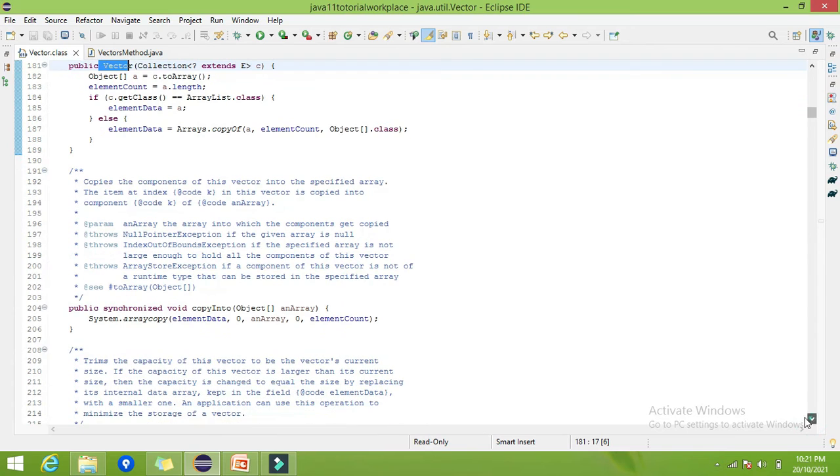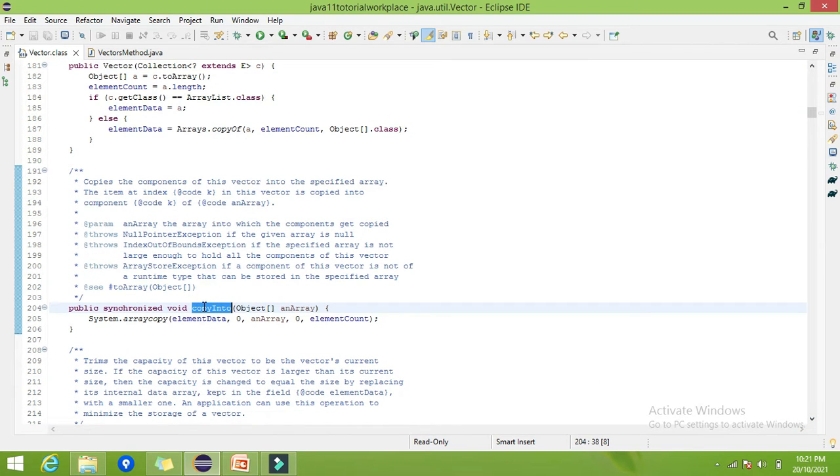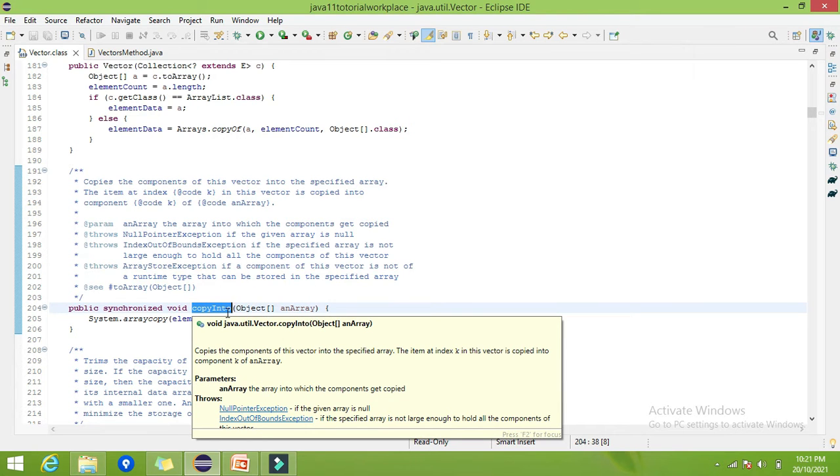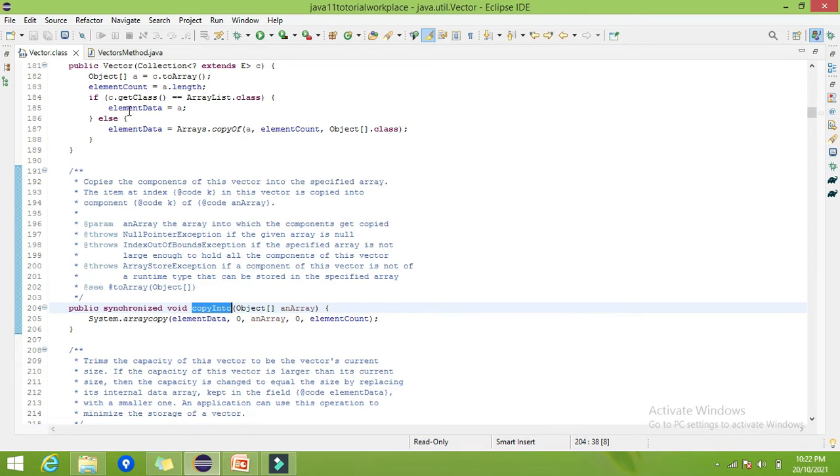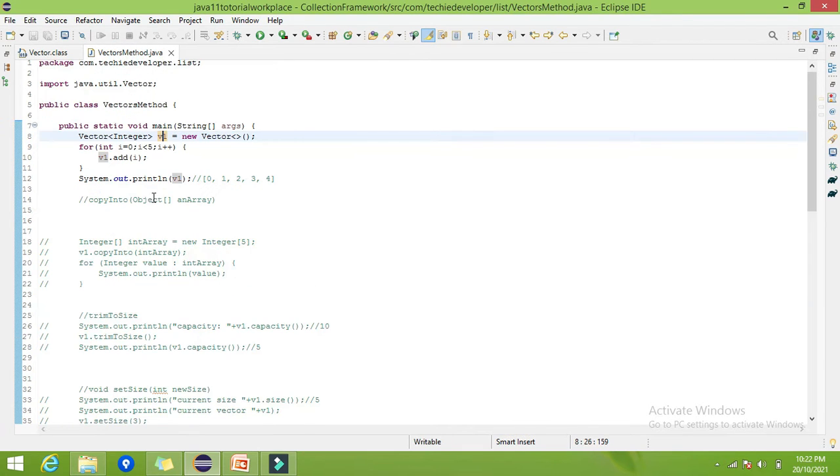The next method is copyInto. What it does is copy the elements from the vector into the array which we give as a parameter. Let me show you.